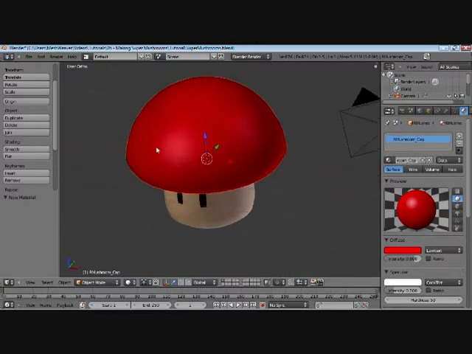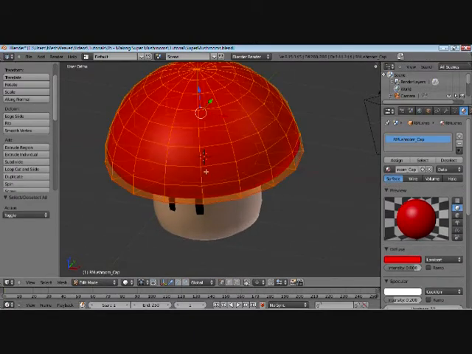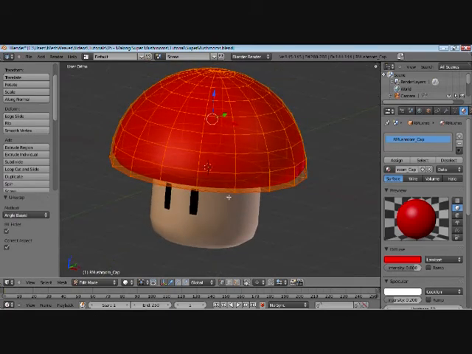So just tab back into edit mode, select your mesh by pressing A. A is a toggle, so you can either deselect everything or select everything. So just select everything, press U, unwrap. Okay, so at first glance it doesn't change much, but if you split your viewport,